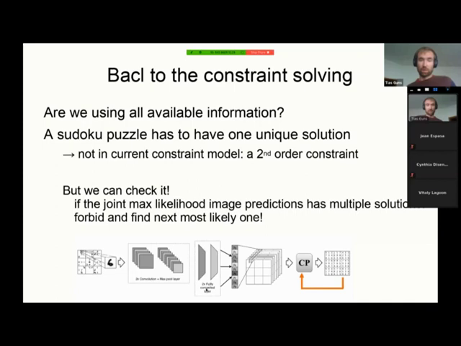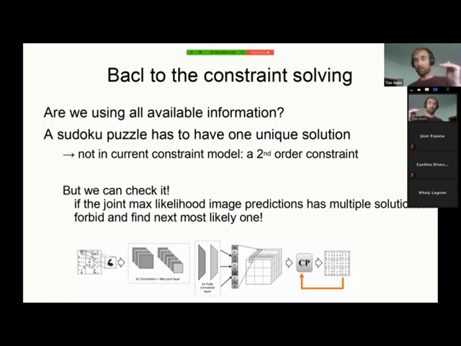Because what can happen? Well, it could be that the maximum likelihood assignment to each of the images that respects all of the constraints, if we just project it back to the input images and ask how many solutions these maximum likelihood digits have, there are multiple solutions returned. Now, if there are multiple solutions returned, then we know that whatever prediction is given to each of the images is incorrect, right? We know that this maximum likelihood solution cannot be the intended solution because it should only have one unique solution,